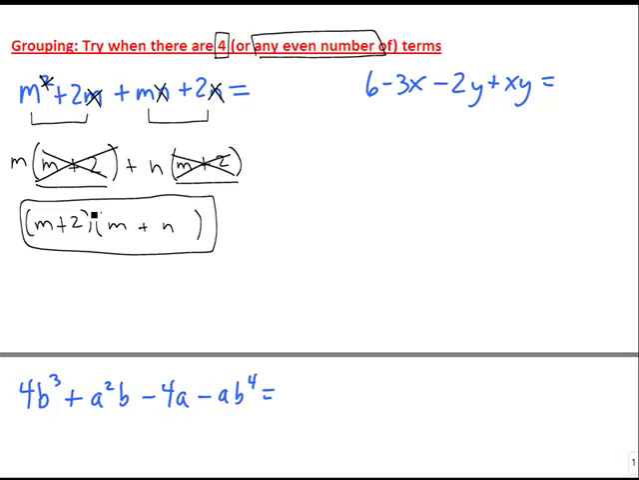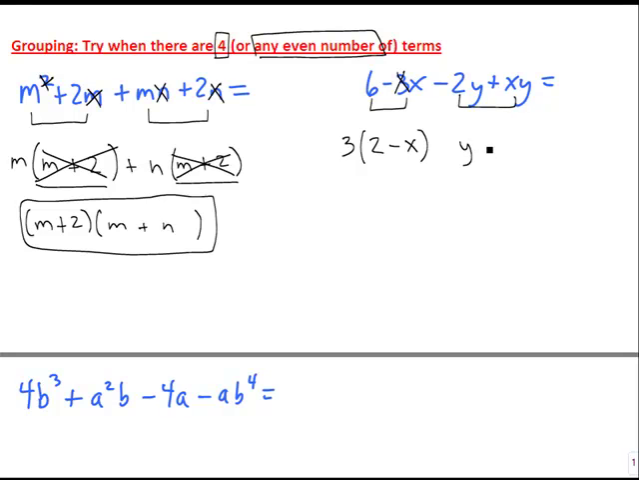Okay, let's try this again. Here's 4 terms, 1, 2, 3, 4, so grouping is a good method to try. If I group together these first 2 terms, what do they both have in common? Well, they're both divisible by 3. So I'm going to pull out a 3. 3 times 2 would get me back to 6, and if I pull out this 3, then I'm left with a minus x. Now on the next 2 terms, these two right here, they both have a y,